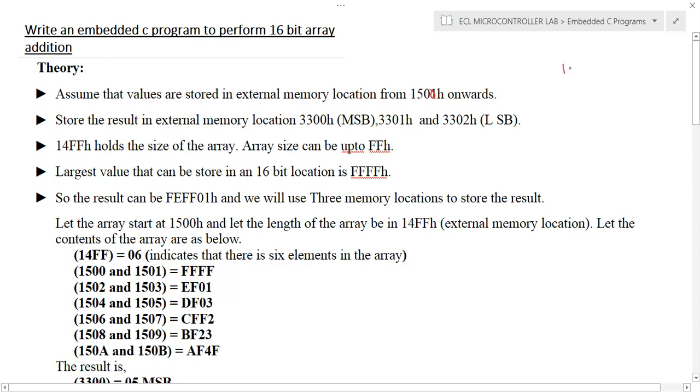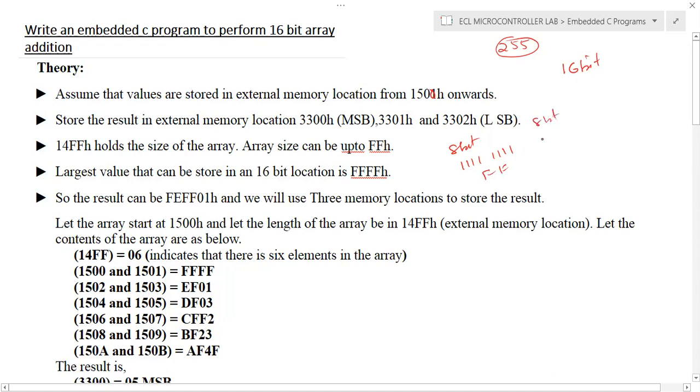Each value is 16 bits wide, but in this particular example, we'll assume that the maximum number of values in that particular array is 255. So we can limit the count value to an 8-bit register. The largest value that can be stored in an 8-bit location is FF, which is 11111111 in binary.